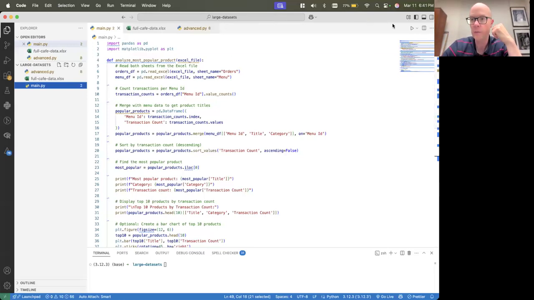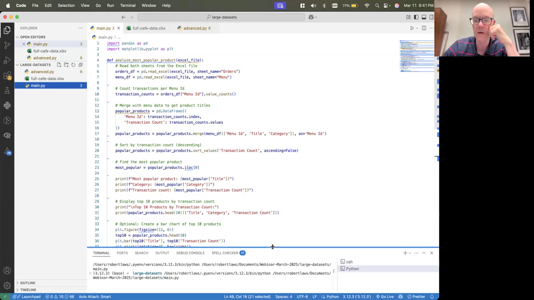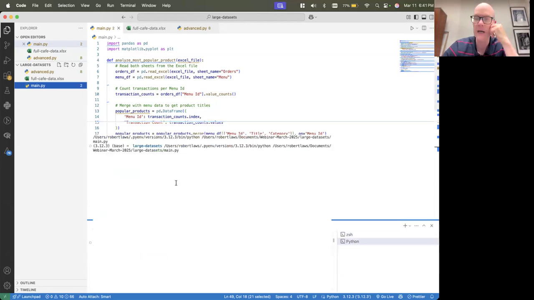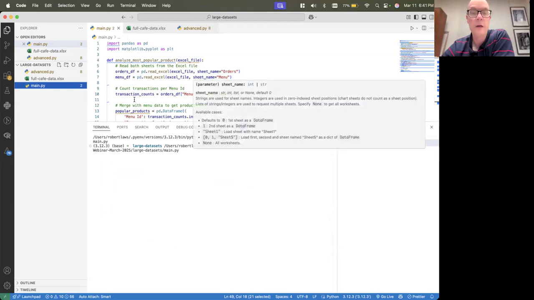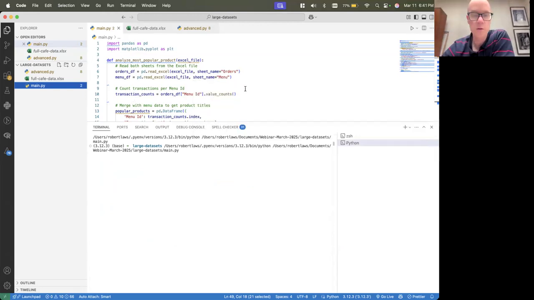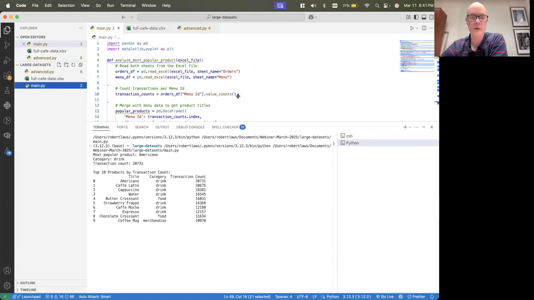And all I have to do at this point is basically tell it to run the code. Now, the way that this is set up is that it's going to give me the output in my terminal, or just the text-based interface here. The reason it's taking a little bit of time is because there's a lot of data it has to go through. It has to go through 250,000 rows of data. But you can see it actually was able to do that, and it gave us some analytics here.